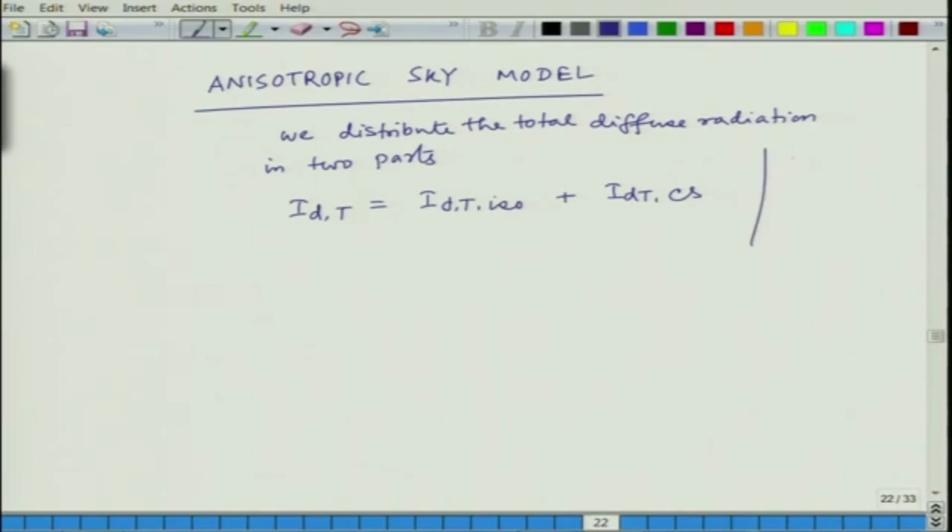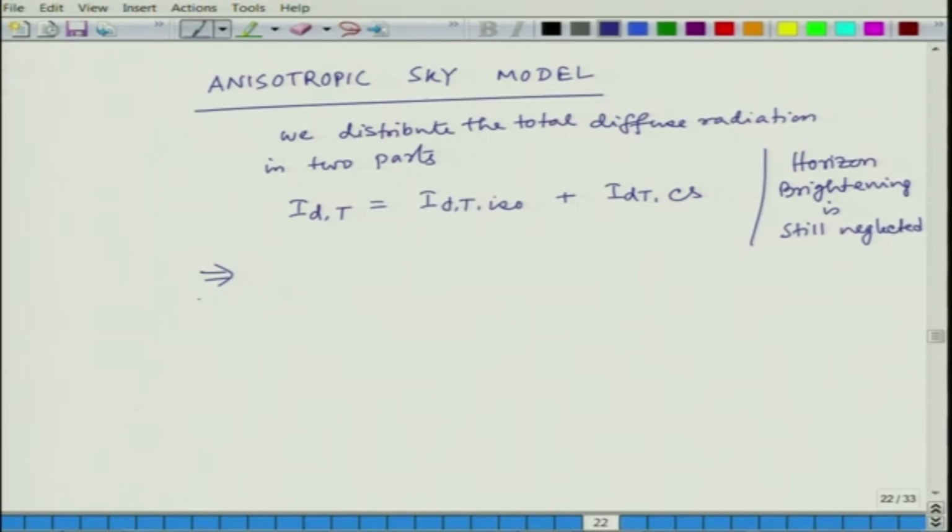So, here the horizon brightening is still neglected, we did not introduce that. Okay. So, if we have these two parts, then we need to have some distributing factor, how we are going